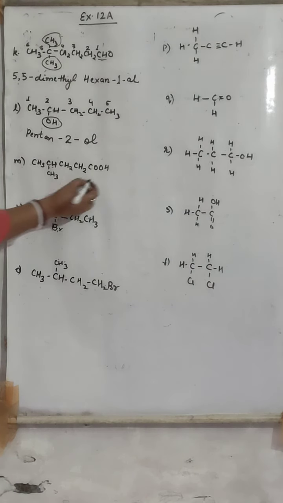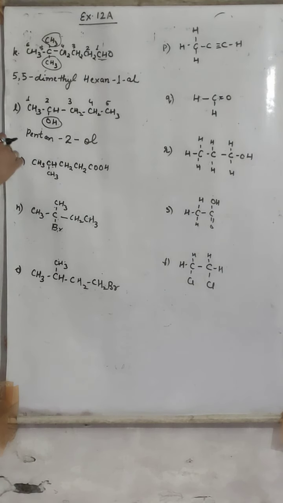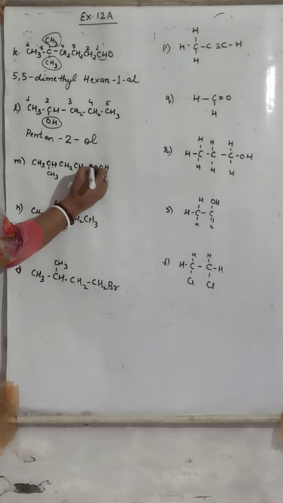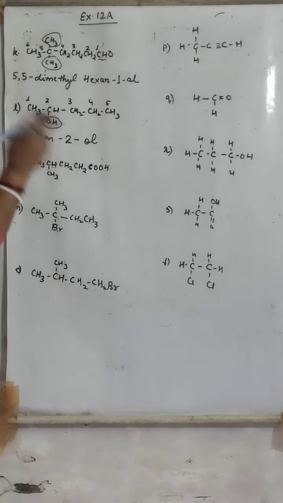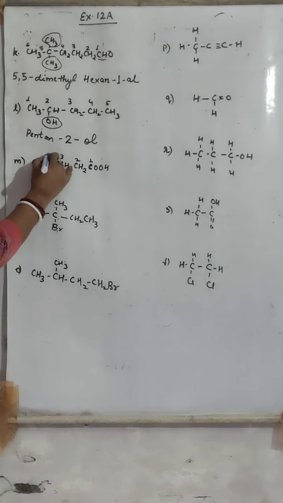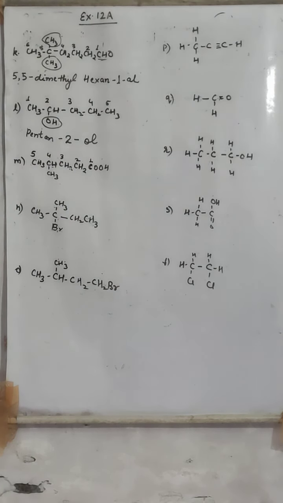Now next, COOH is present. So now we will start numbering. Whichever alkyl is present, we will start numbering from where the functional group will get the smallest possible number. Because the COOH carbon is also a C, it will also be named, numbered, and included in the numbering. So it will be first carbon, second carbon, third, fourth, and 5. The longest possible chain is 5.